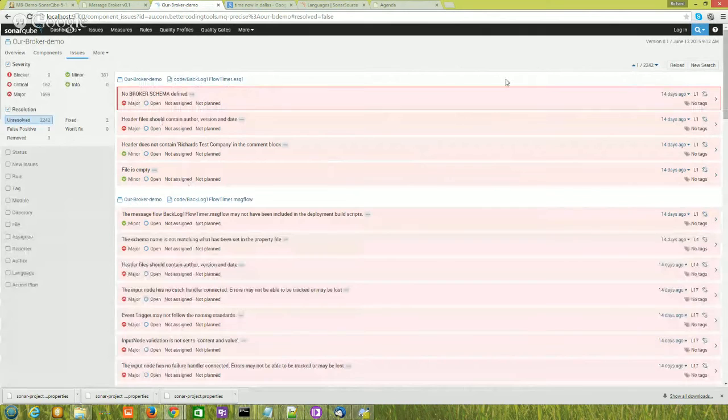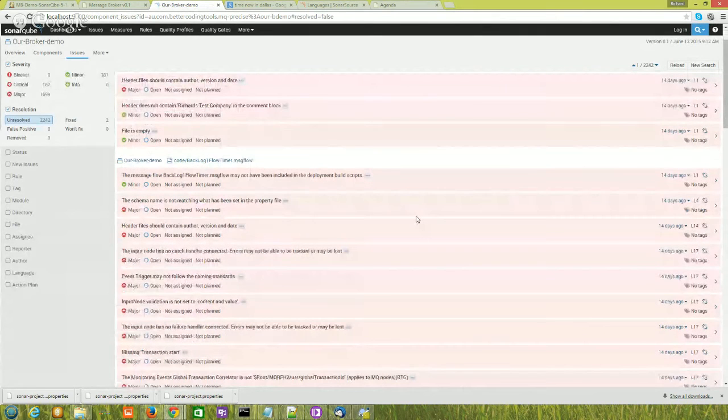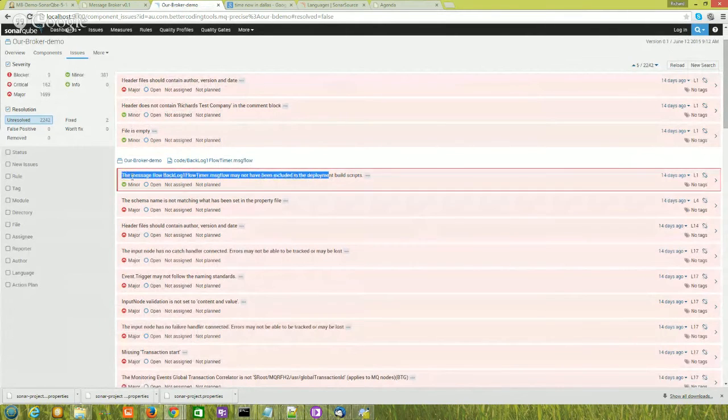So we're saying this file has a whole bunch of violations. Now, this particular violation here is where we're mentioning Snowflake servers. What this violation is saying is that the plugin has found that you're using an Ant deployment script, but the Ant deployment script doesn't include a reference to this particular flow. So this could either mean that the flow is never supposed to be deployed, or it's